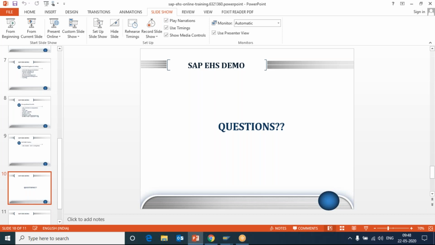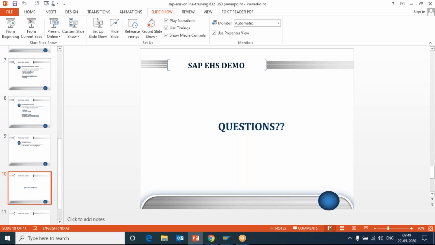Okay, what are the details of an employee that you would be accessing, that you should be aware of, so that you can interact in a better way with the other consultants. When you are working as a SAP EHS consultant, remember one thing: it's not only you working on a software. You will have a lot of interaction with other consultants, be it functional consultants or technical consultants or clients. You should be knowing only the basic concept in HR. What is the interaction, what should I be dealing with?